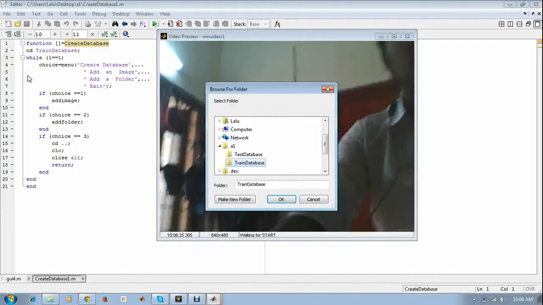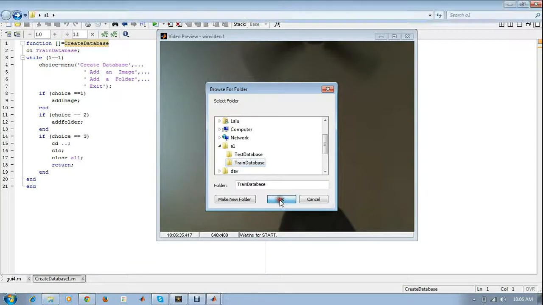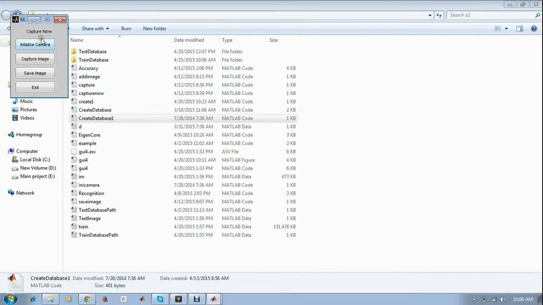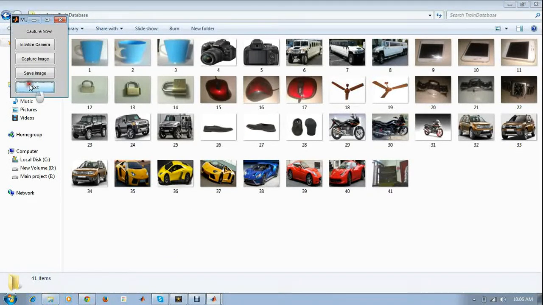By saving, you can save it and give a certain path to the train database. Now you can see that the 41st image is placed here. By clicking exit, you can close everything.